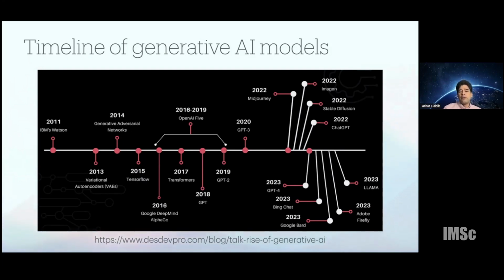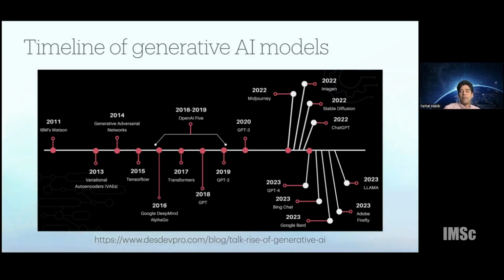So in 2018, we saw the release of the first GPT. 2019 was GPT-2, which at that point was held back from public release for quite some time because it was said that it might be too dangerous to release it into the wild. But then in 2020, we saw GPT-3, and lately we are now working with GPT-4 and later models. The GPTs are text-based models, but on the top here are Midjourney, Imagen, Stable Diffusion, which are all generative image models. We'll talk a bit about them as well.